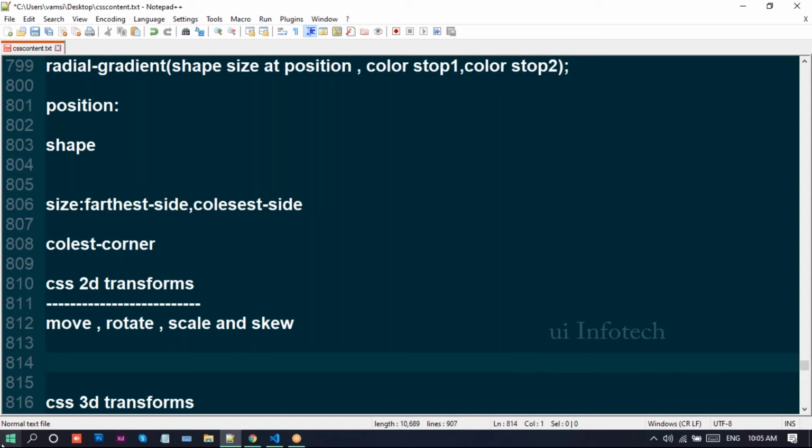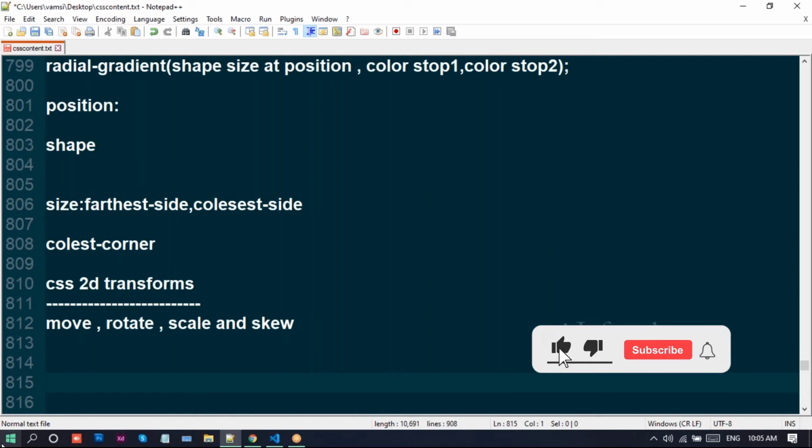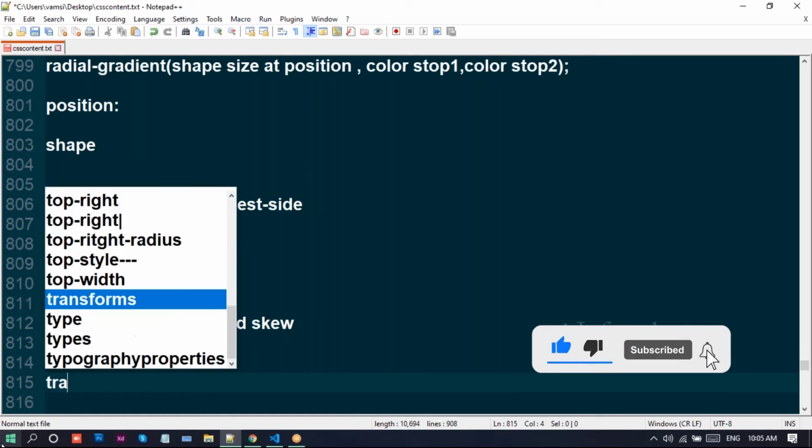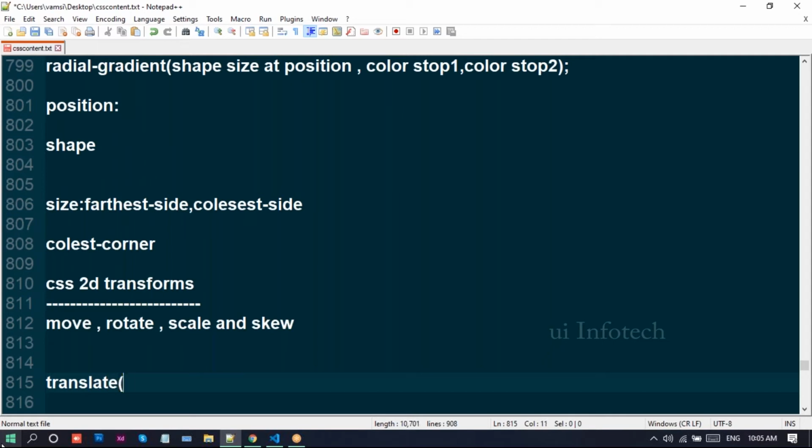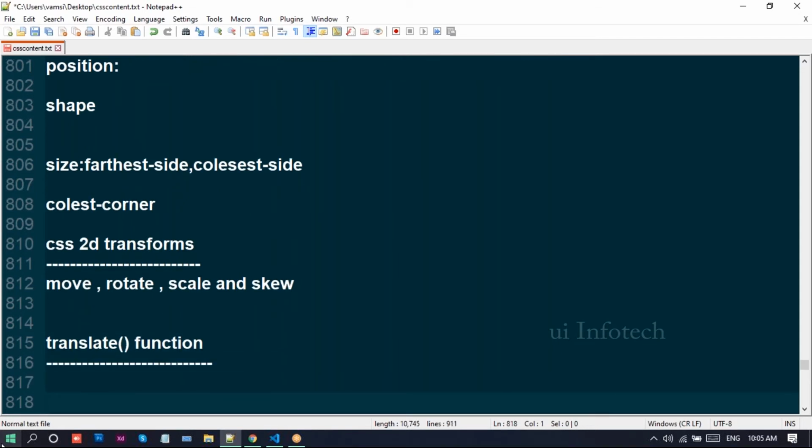We can move the element, rotate it, zoom it, and skew it into a parallelogram shape. In 2D transforms, first we have the translate property, which we can call the translate function.